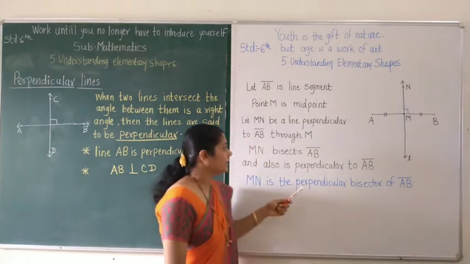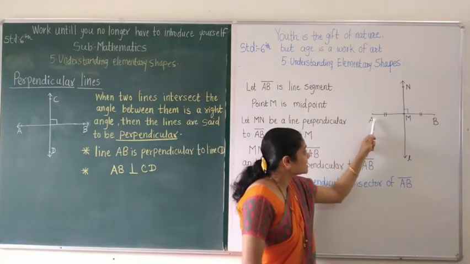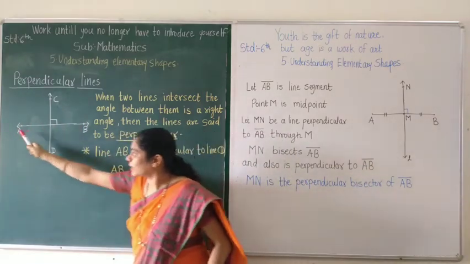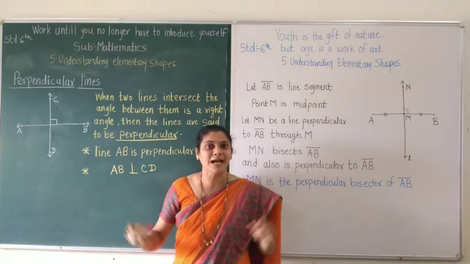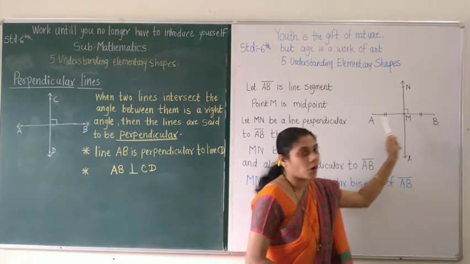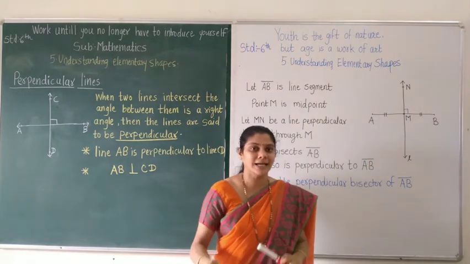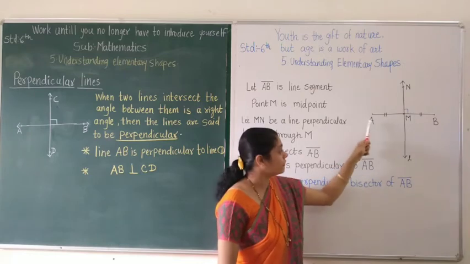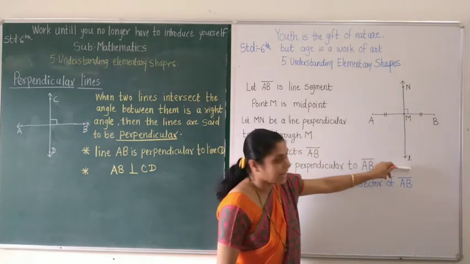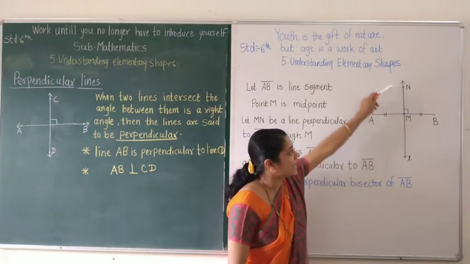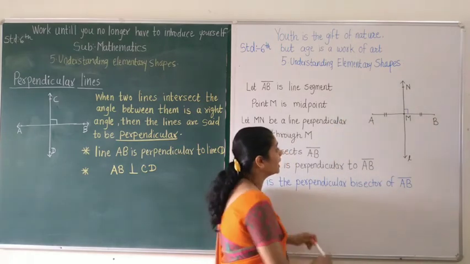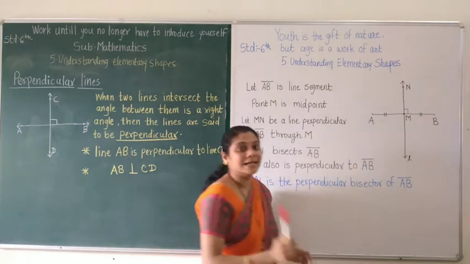Okay? Now look at this diagram. You can see this AB is a line segment. In the other figure the points show arrows, which means they extend on either side, so that is a line. But in this diagram there are two end points, which means it is not going to extend in either direction. Because of that, we say line segment AB. And this is a line L, okay? I am not going to say line LN. This is a line L and this is a point on line L. So AB and line L are intersecting each other.